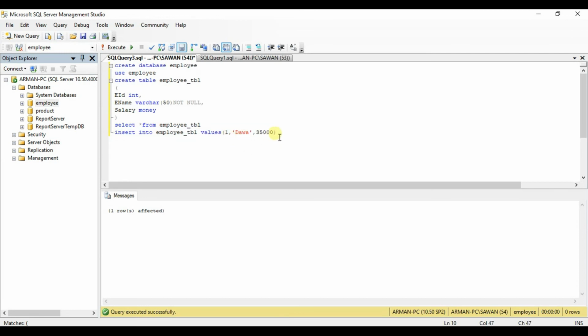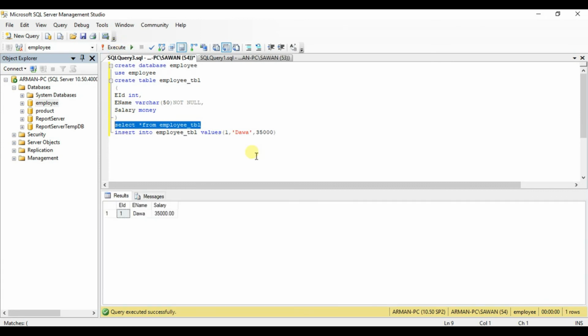Now let's see whether this value is inserted into the table or not. Select all and execute. See, the values employee ID 1, employee name Dawa and salary 35,000 are inserted. Now we will insert one more value. Copy and paste, but this time we will insert only two values, employee ID and salary. We will not insert the employee name value.